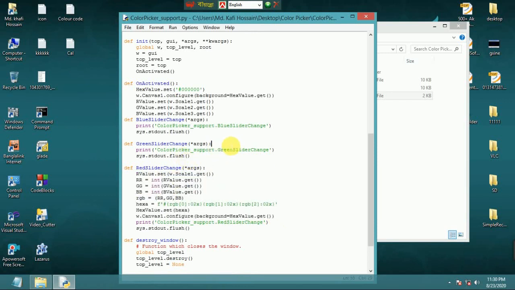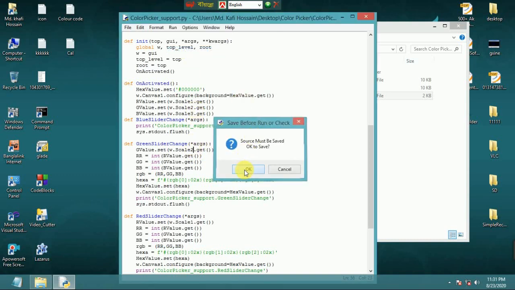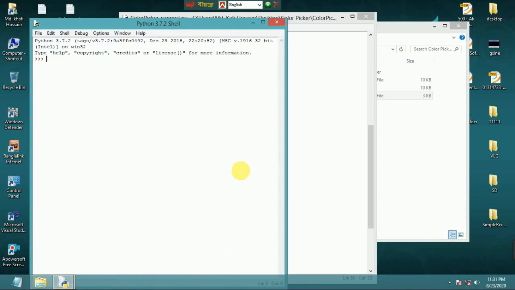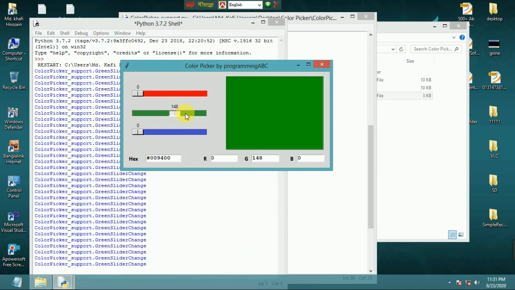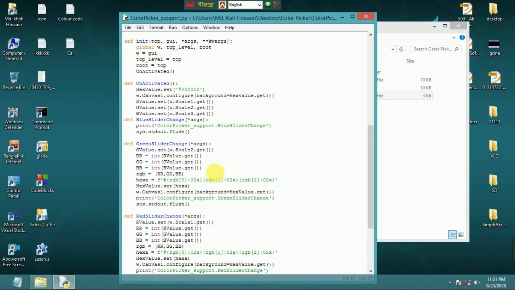Now copy this and green slider, g value, scale 2. Now check again, green slider working or not. Green slider value sense and color and value both are sense,